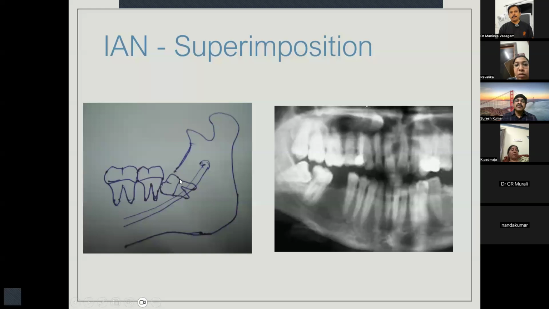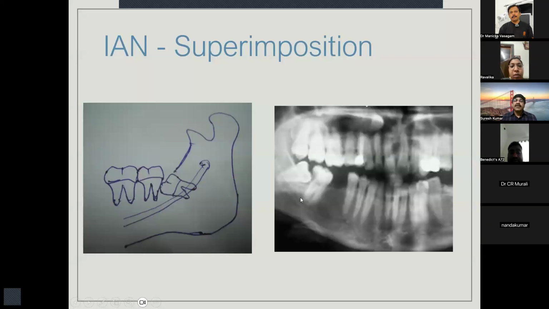There won't be any interruption in the root shadow, and then you trace the inferior alveolar canal shadows, both the upper line and the lower line. Now you will see there is no disruption in the canal shadow also. Like that in the X-ray, if I follow the root outline, there is no interruption, there is no radiolucency. It's continuously, homogeneously radio opaque.